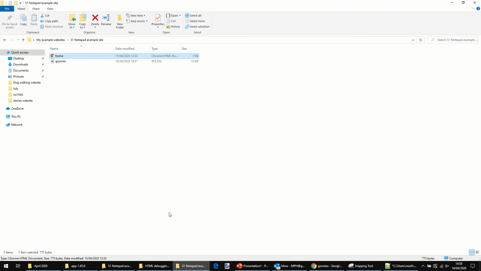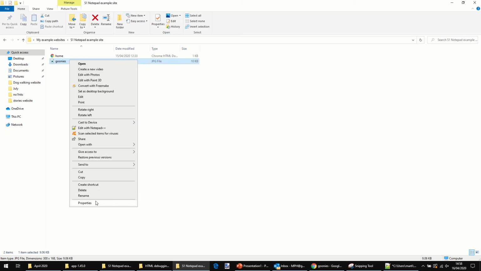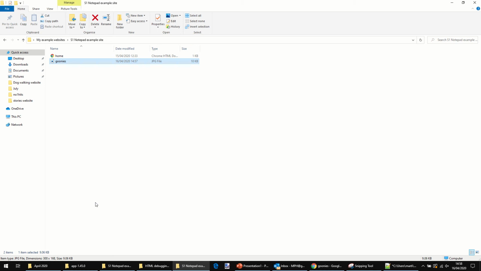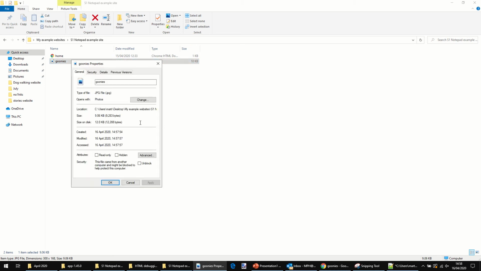So I'll go back to my folder here, and there it is. Now remember I said it was a JPEG it was saving as. Well, I can check that here. If I've forgotten, I can go here, and it's saying type JPG, which is the file extension for a JPEG file. I can also see it coming up down here, and if I right click on it, I can get properties, and that I think will tell me also. There we go. So I can see the